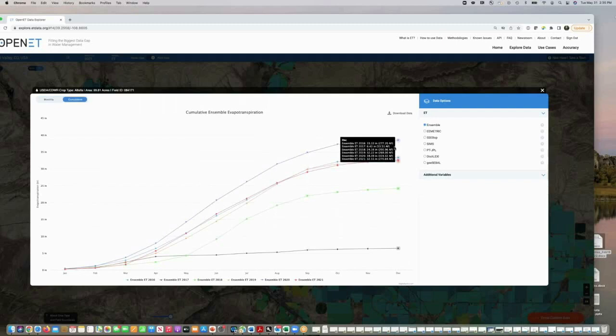In 2017, this field was fully fallowed, and we can see that the ET dropped from about 32 to 38 inches per year, all the way down to just a little under 6.5 inches. So by fallowing this field, we get a significant reduction in total consumptive use. Ideally, we'd like to be able to sustain agricultural production while also, during times of drought, allowing incentive-based programs to support continued production. And so we see